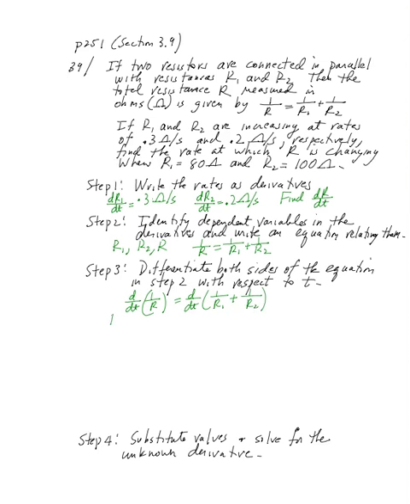The bottom times the derivative of the top. Now the derivative of the top is 0, so the bottom times 0 minus the top times the derivative of the bottom, over the bottom squared,